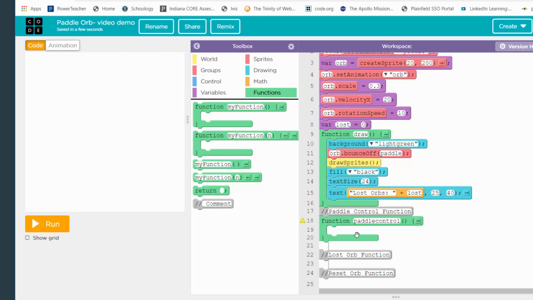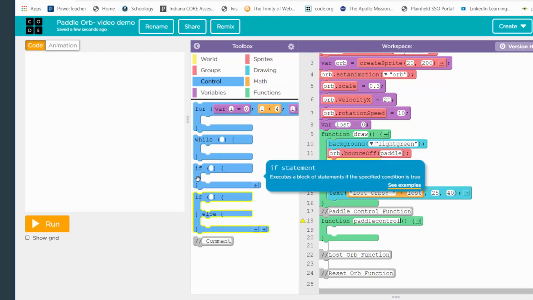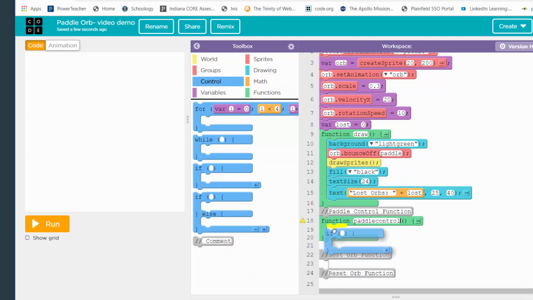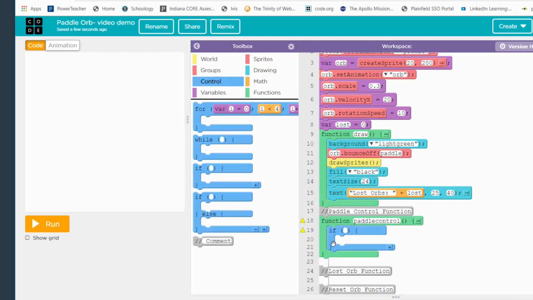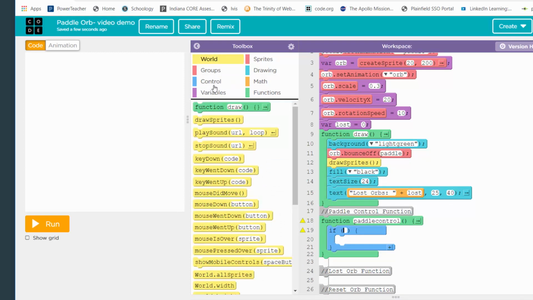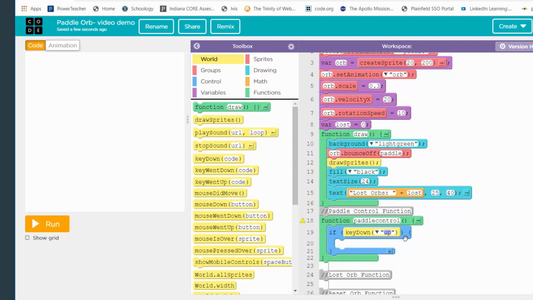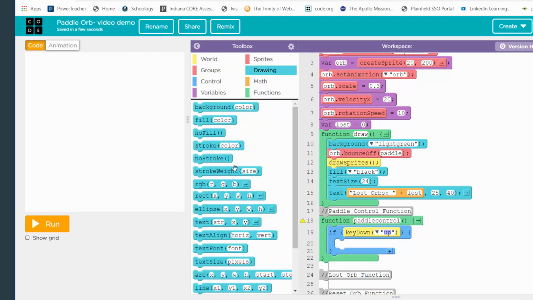And what we're going to try to do in here is make it so that if somebody hits an up or down arrow, the paddle will move. Well, we have to start that off with an if block. There's actually going to be two if blocks in here. So I'm going to go if, and I'm going to use key down out of the world drawer here. And we're going to set one up for the up arrow, right? So if somebody presses the up arrow, what I want to have happen is that the